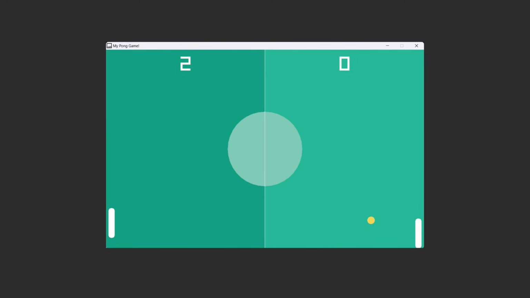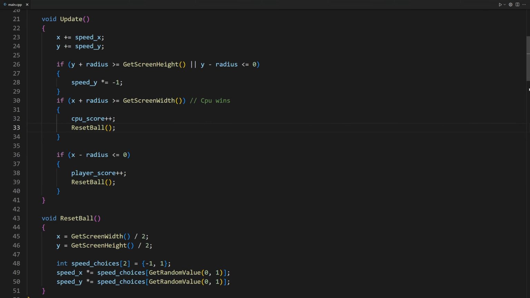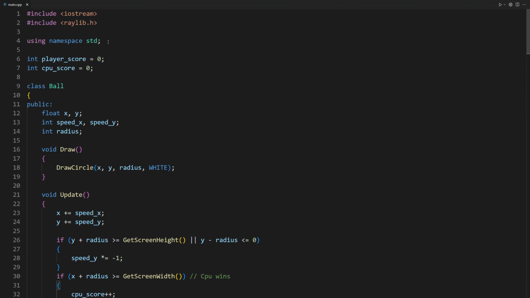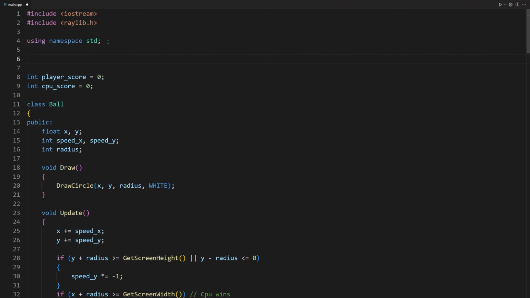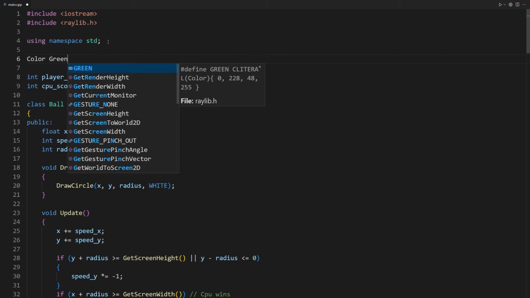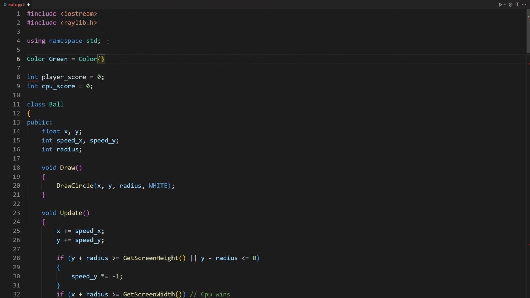Let's make it look like this. We need to use 4 colors to achieve this appearance. Let's create them. For this, we are going to declare them as global variables of type Color. Color green is equal to Color curly brackets. And now we have to enter the RGB values of the color, plus the alpha channel, which is transparency.